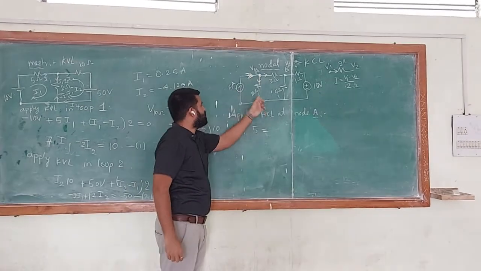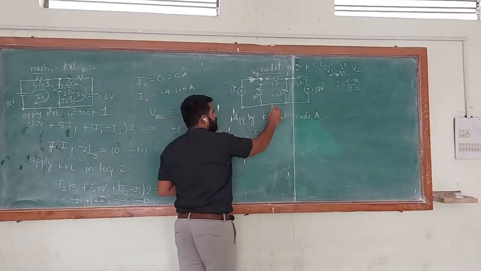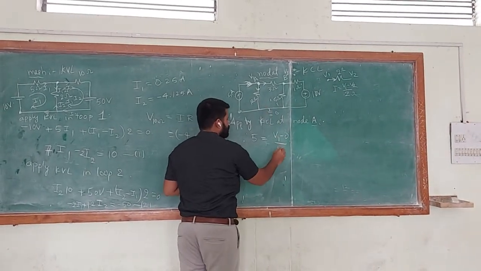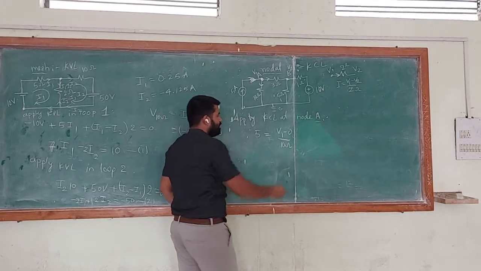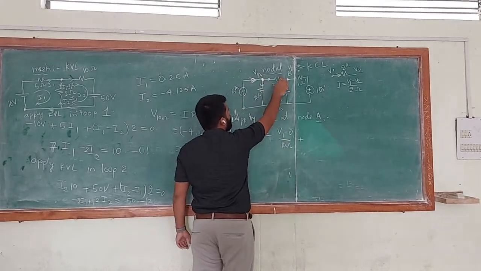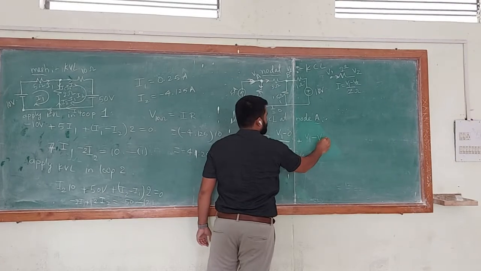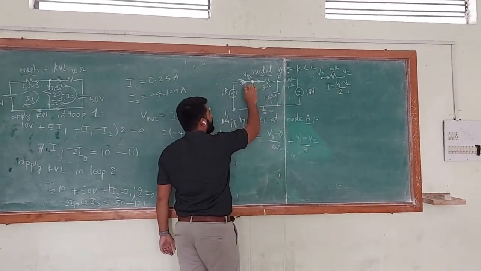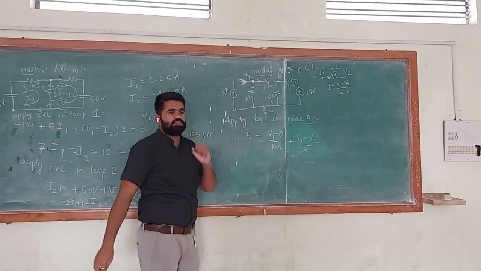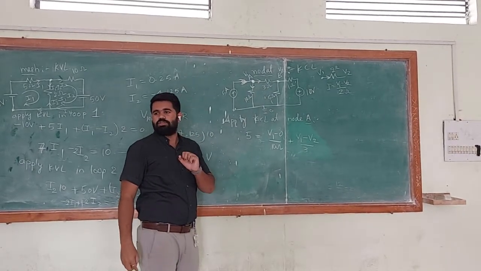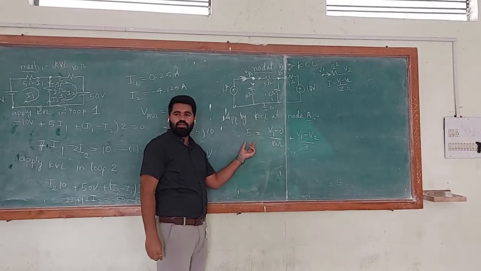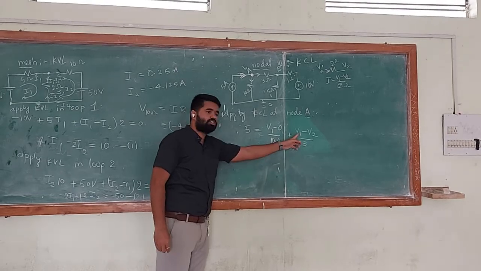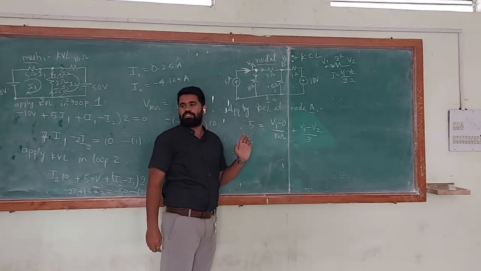Tell me the leaving current value: V1 minus 0. The difference value, how much? 0. So V1 minus 0 by 10 ohms, plus here also, tell me what is the value? V1 minus V2 by 3. Try to understand. Here we have only 3 branches, so you should write only 3 currents. The current one, how much? 5. It is also in the form of current equals voltage by resistor.